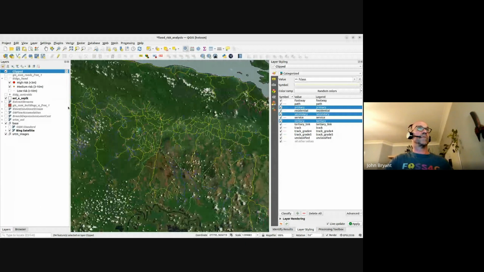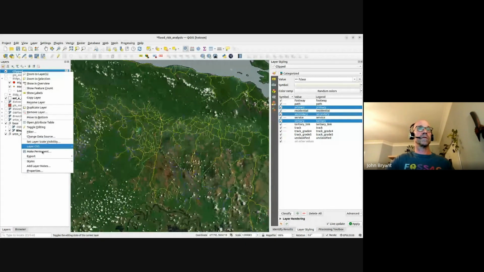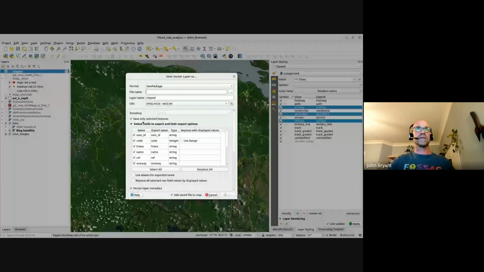And then what I want to do is export those selected features. I'll export them into my analysis geopackage, and I'll call it AOI roads. Maybe I'll call it roads AOI. And